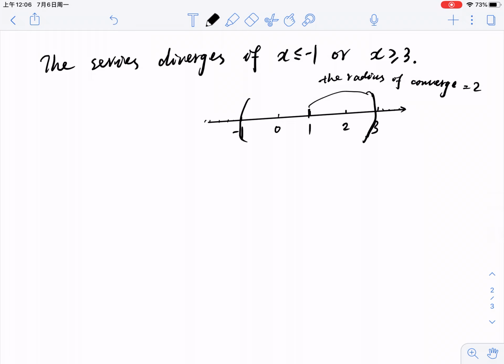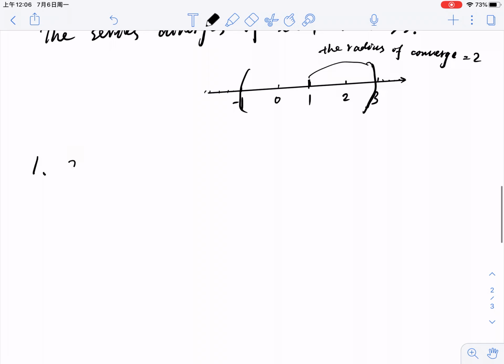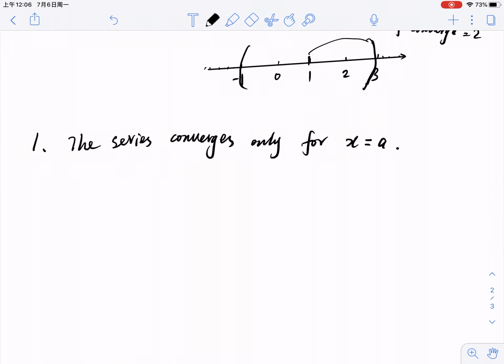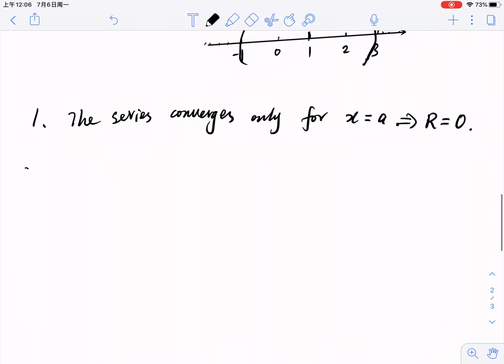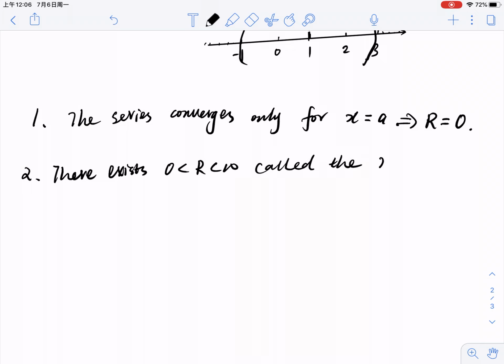There are three possibilities which can occur for the radius of convergence. One case is that the series converges only for x equal to a. In this case, the radius of convergence is defined to be 0. In the second case, there exists R greater than 0 and less than infinity, called the radius of convergence,